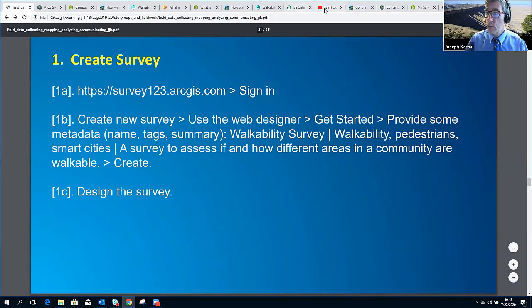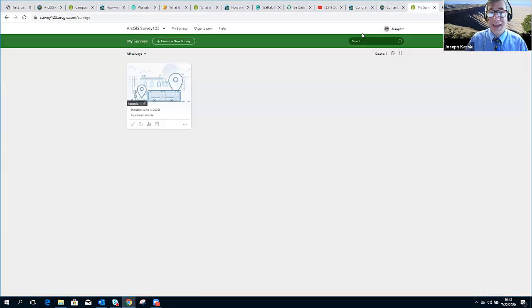So if I go to survey123.arcgis.com and I sign in, just a note about signing in. Most of you are at an organization, a university, a company, a nonprofit, a government agency that already has access to ArcGIS Online. So you already have a sign-in. If you don't, you can always go to